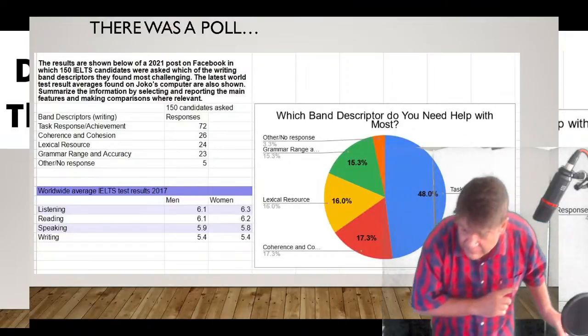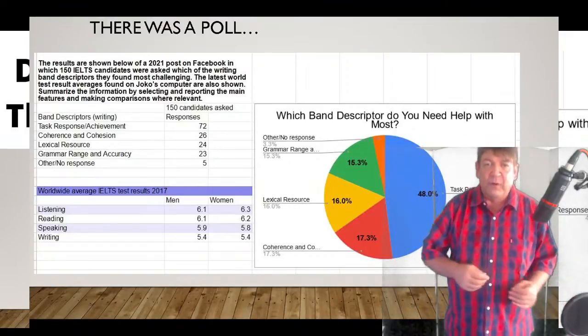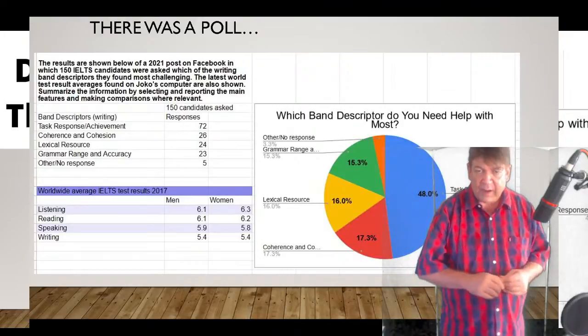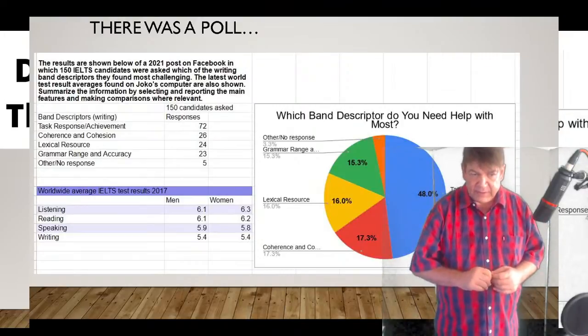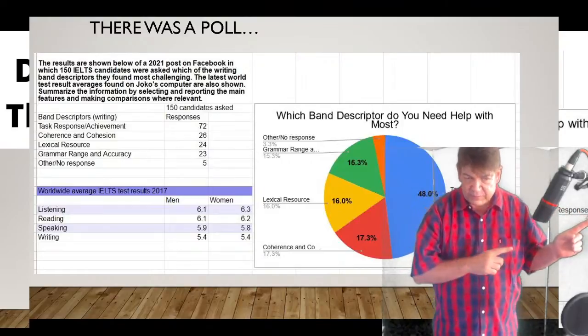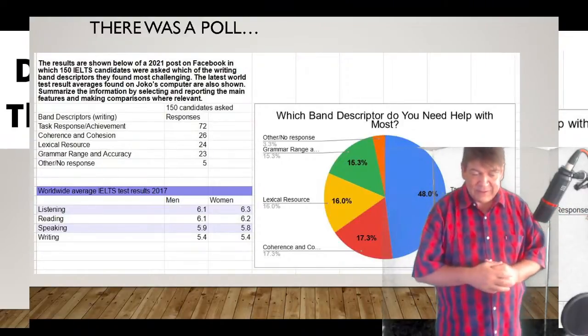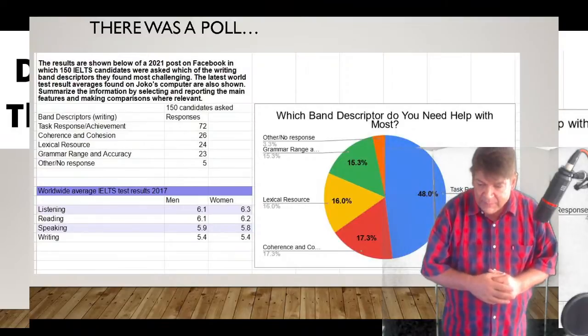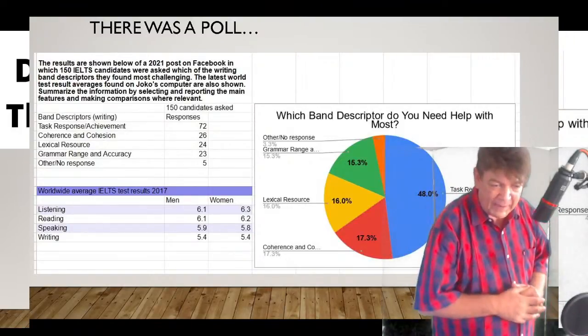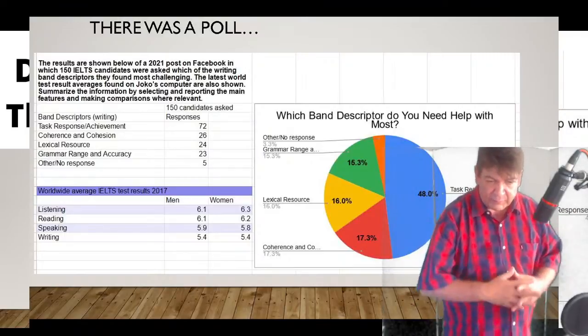So Faki, you said that you were looking for identifying the main information in a task 1. How do you find it? Okay, well, if we looked at this, wait, what's that? That's over there, so that would be over here. Okay, here's the results of our Facebook poll. Actually, it's close. I just inflated the numbers.